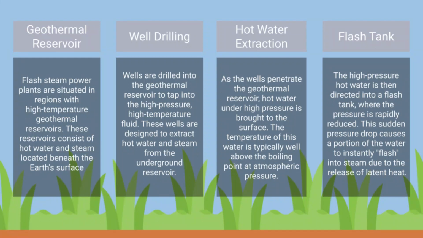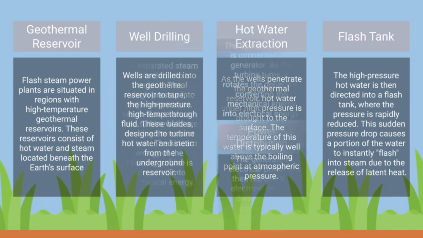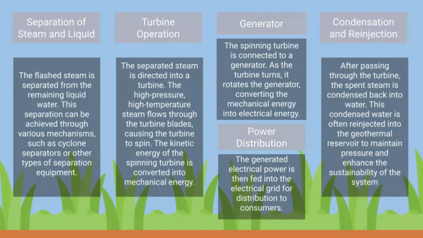of the latent heat. In the flash tank, the hot water is extracted and the steam is released. Okay, next, the steam goes to the separator equipment where the flash steam is separated from the remaining liquid water. This separation can be achieved through various mechanisms such as a cyclone separator or other types of